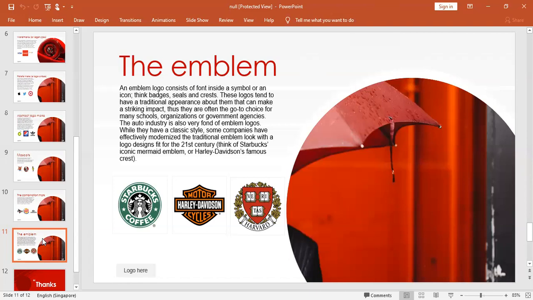So the Harley Davidson logo, sometimes you might have seen that. You can search that on YouTube and even Google. It shows like an embossed view. That means not as a printed one, not as a sticker, not as a paper print. It's like an embossed view. So that's what we are calling an emblem.